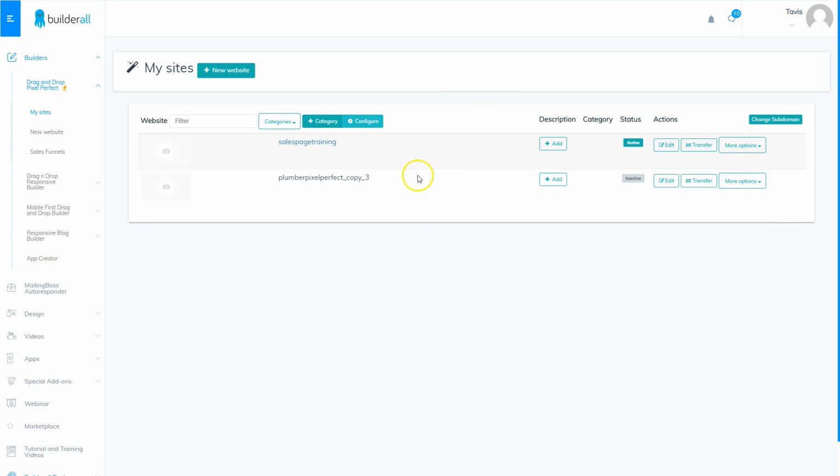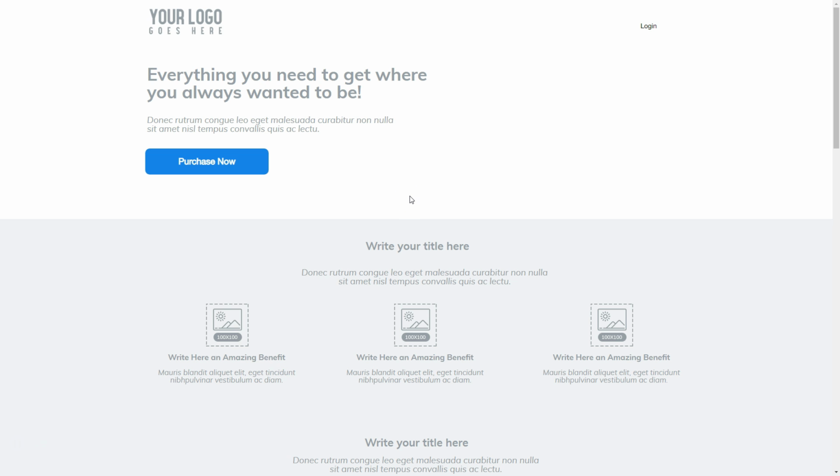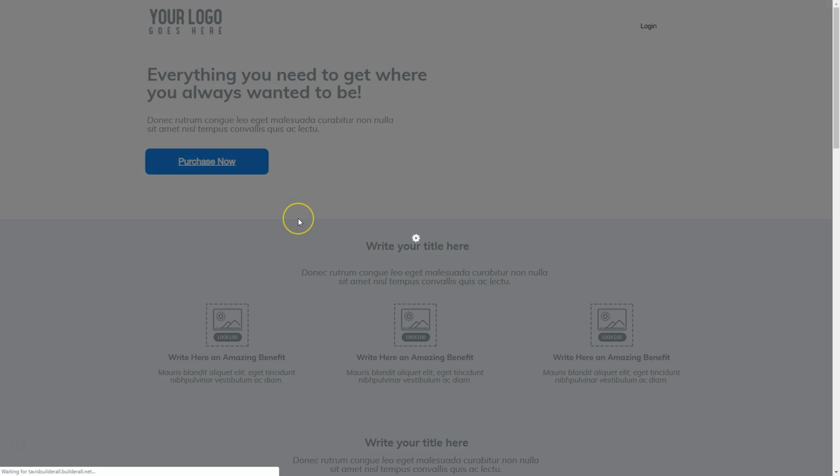And you'll see once it's published that the color of the text has changed to blue. That means if I click on this, I'm going to go straight to the live version of the site. So I'm going to go ahead and click on it. And this is our live version. And as you can see, I've got the login button up here. So if I had already gone through the purchase process, I could actually log in. I haven't purchased yet, so let's go ahead and click the Purchase Now button, and that should take us to